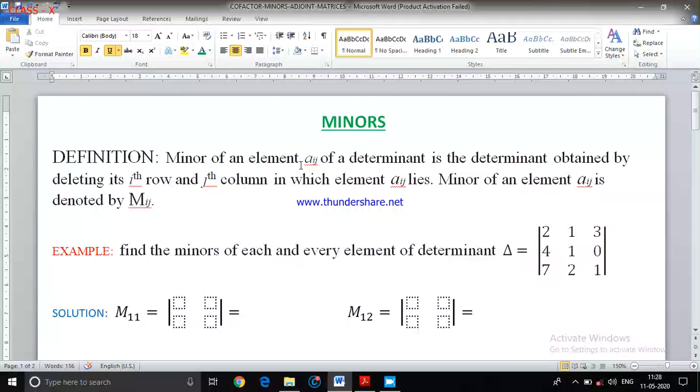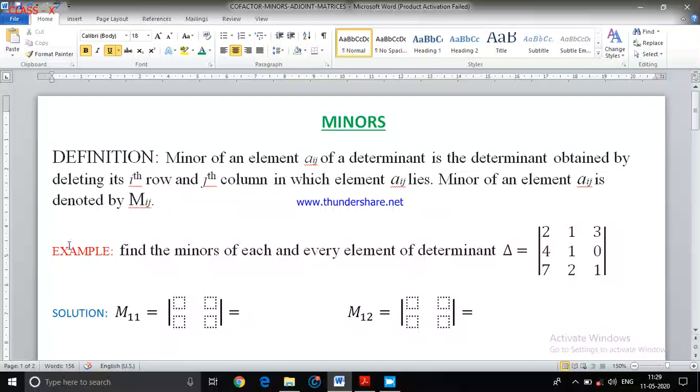Okay, if I want, for example, the minor of the a11 element, first row and first column I have to remove. The remaining elements, whatever the other elements left out, the determinant of those elements will be the minor of a11. If I want the minor of a23, second row and third column have to be removed. The other remaining four elements, find the determinant of them. That will be the minor of a23. Okay, so whatever minor of that particular element you want, or they ask in the exam, you have to remove that particular row and column and find the determinant of the remaining elements.